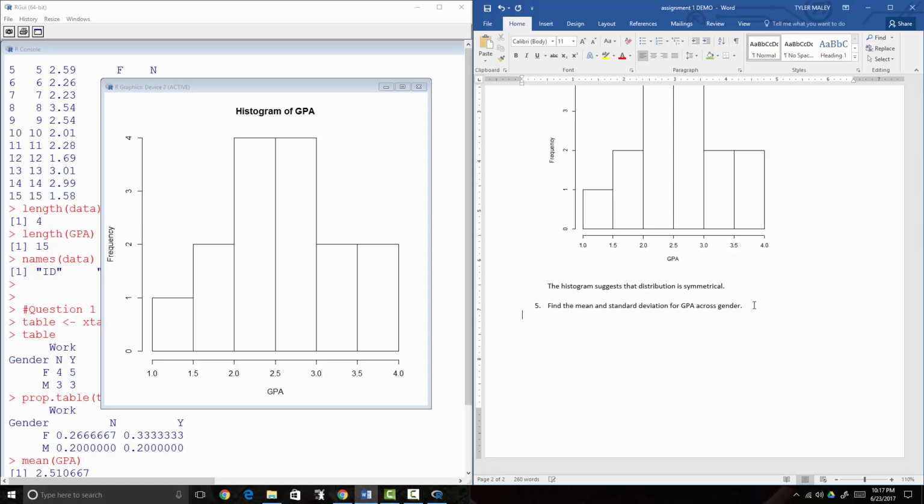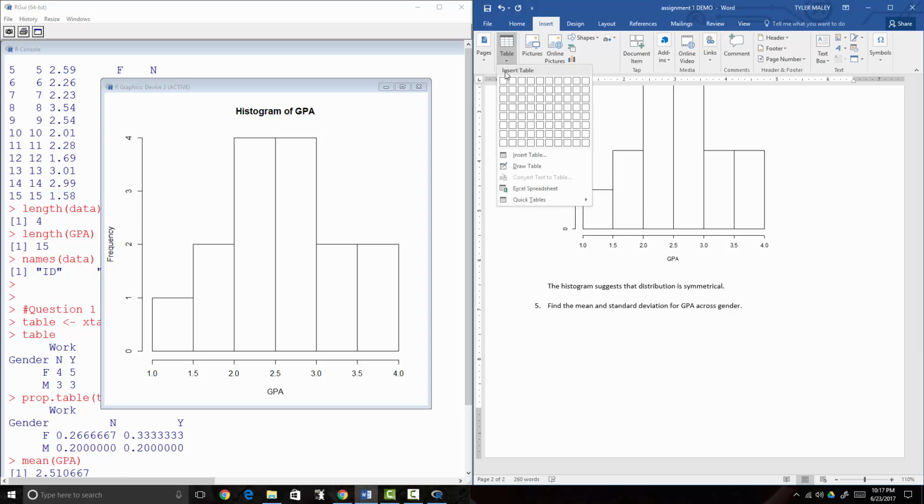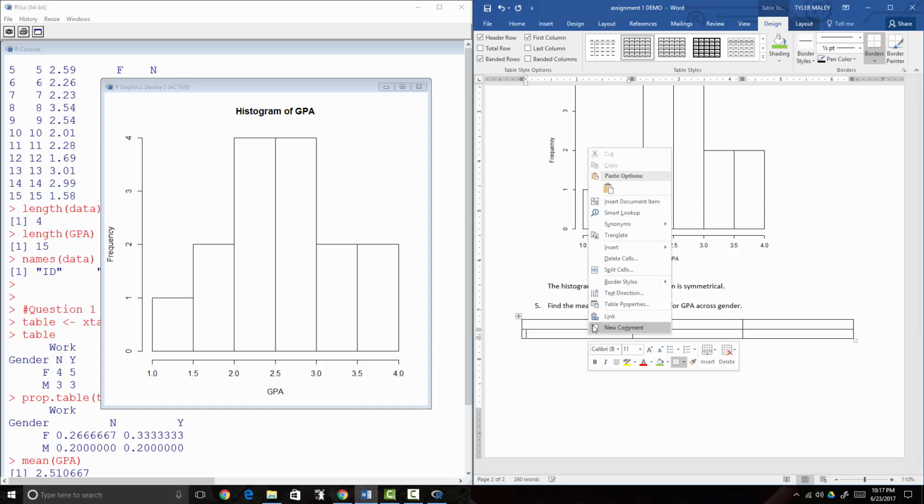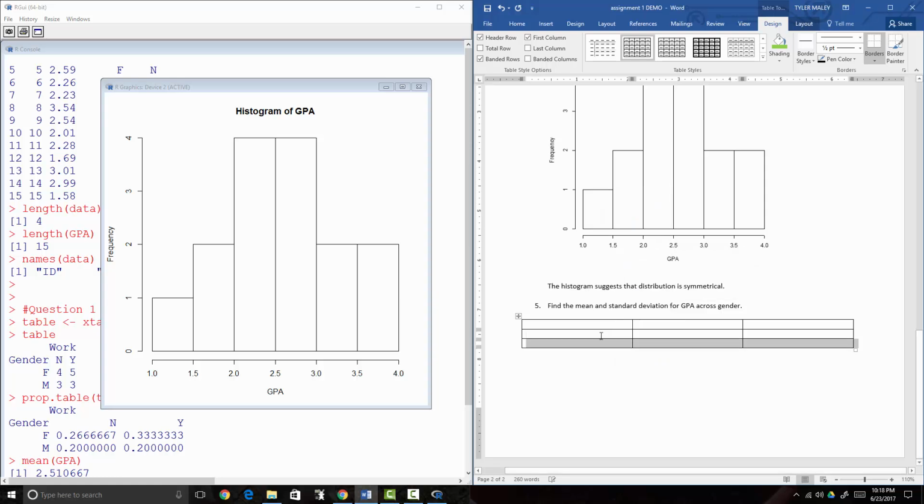So if I were doing this, I would probably make a table here to organize my information. So insert a table, but I actually want to insert another row. If you right click on it, I can go to insert row below, and now I have 3 rows and 3 columns, right? So here I might type in female and male across the side, and across the top we could type in mean and standard deviation,